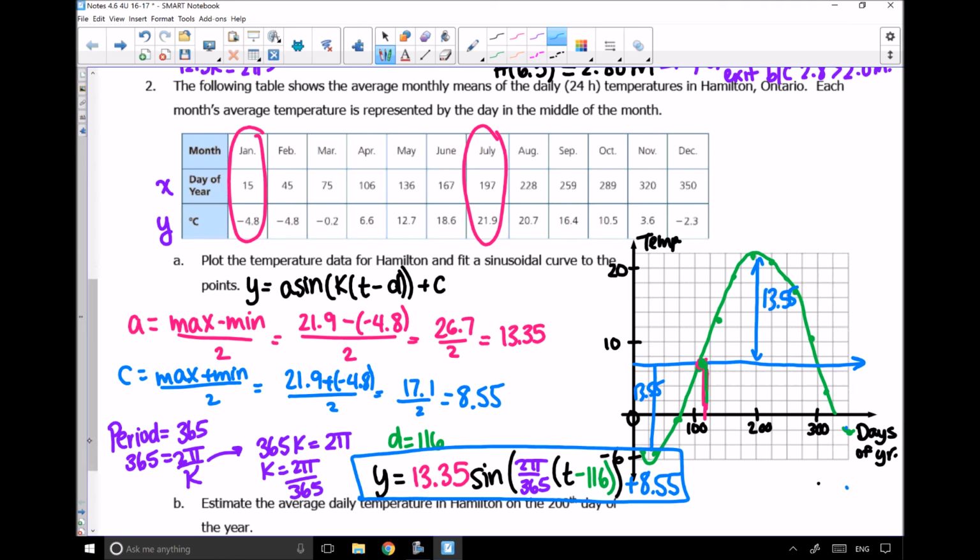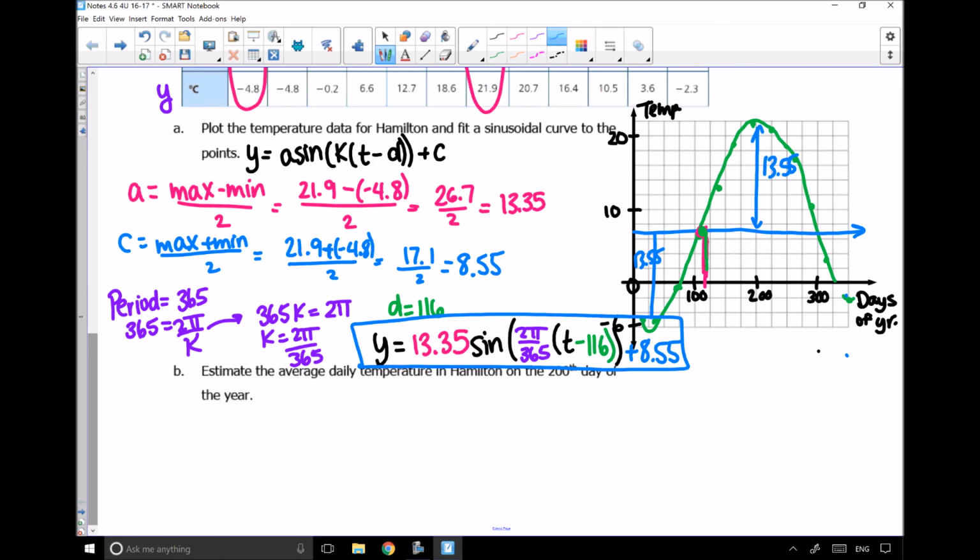That's our information, okay? And then lastly, question B says, estimate the average daily temperature in Hamilton on the 200th day. So I can say t equals 200. So that's what I'll do. I'll say y equals 13.35 times the sine of 2 pi over 365 times, when I plug in 200 right here, 200 minus 116 is going to be 84,